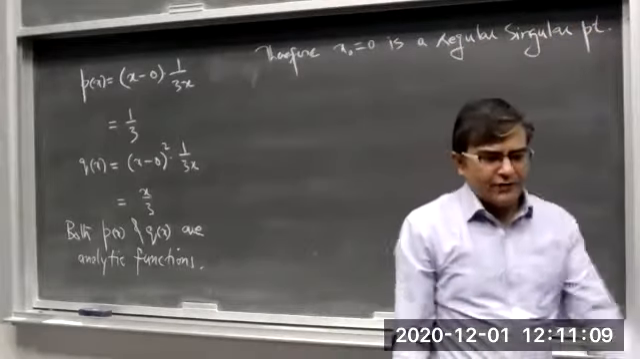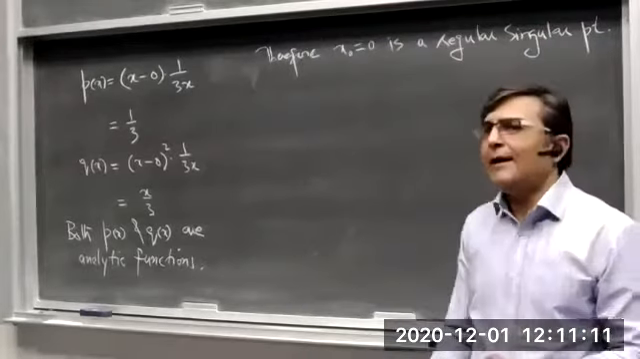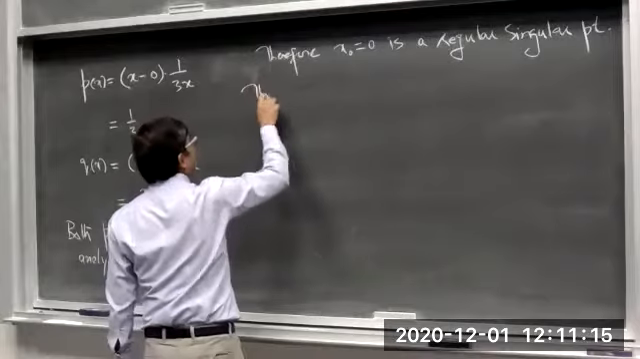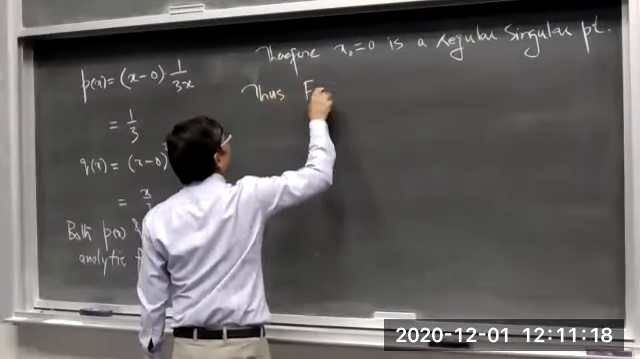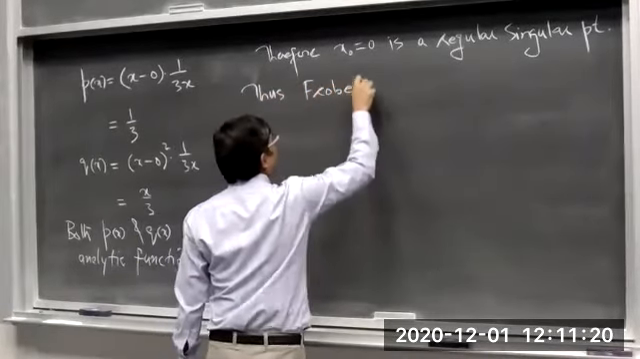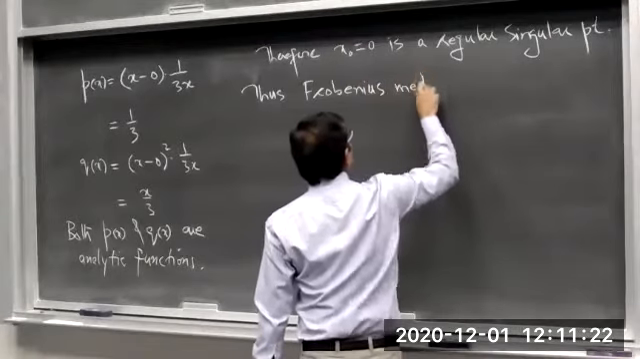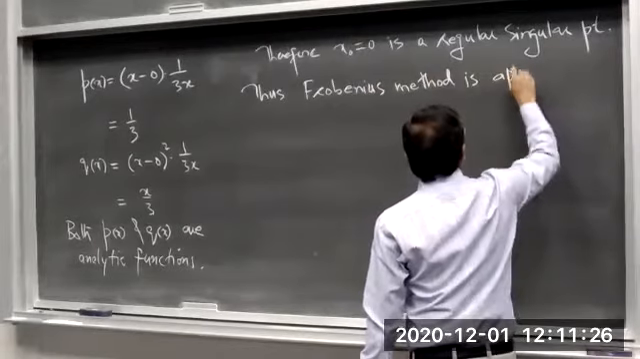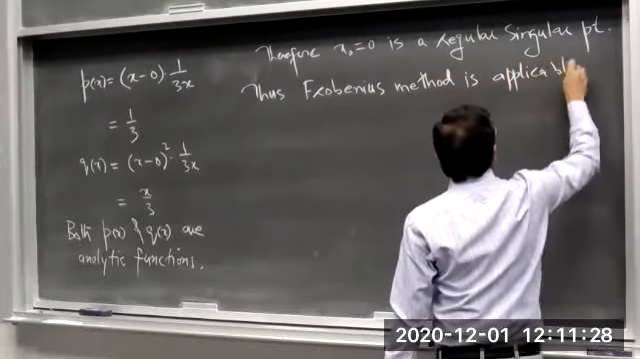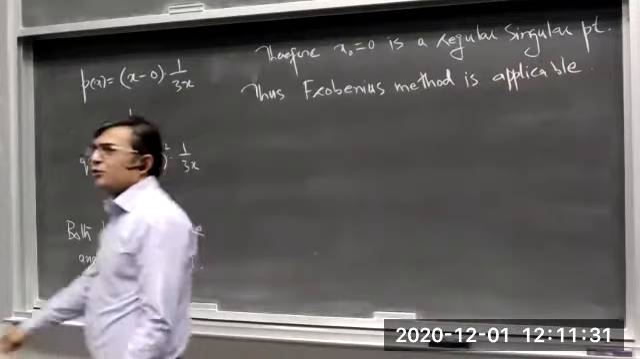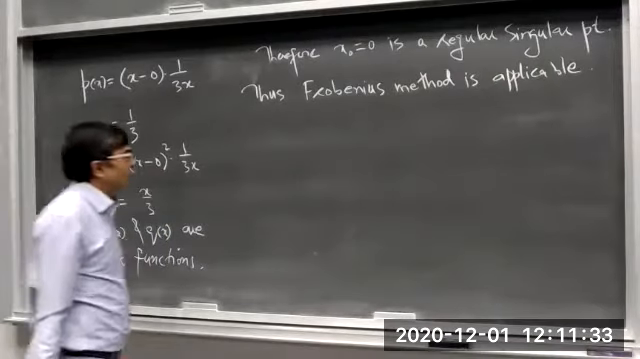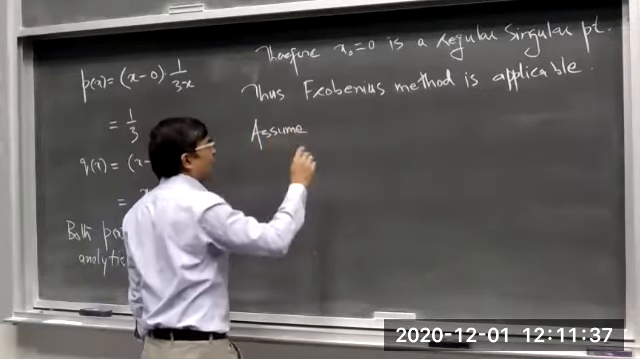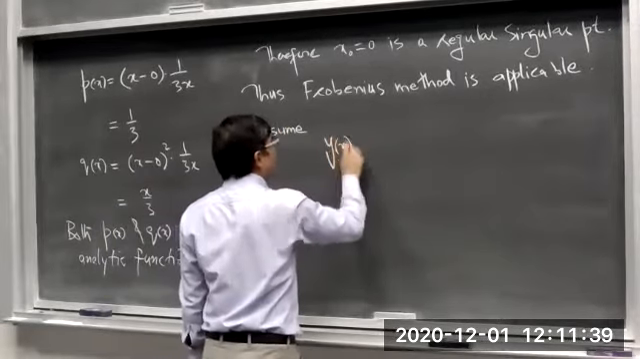If a singular point is a regular singular point, then we can apply the Frobenius method. Thus the Frobenius method is applicable, and we can find the solution around this regular singular point. So then what we do is assume that the solution is of this form: y of x is equal to